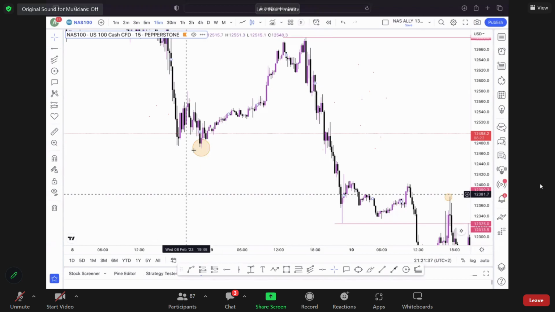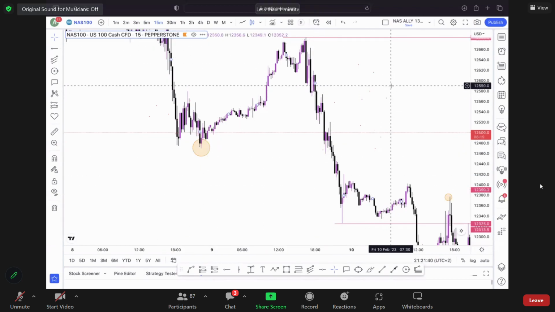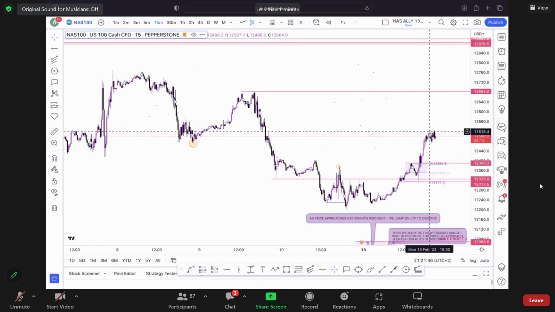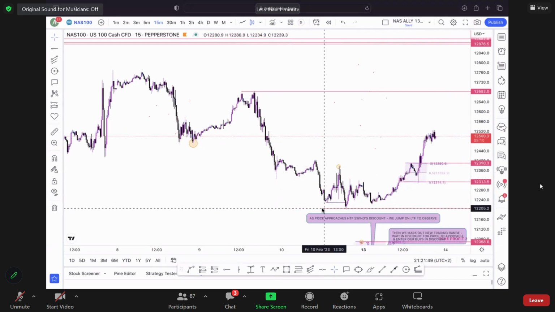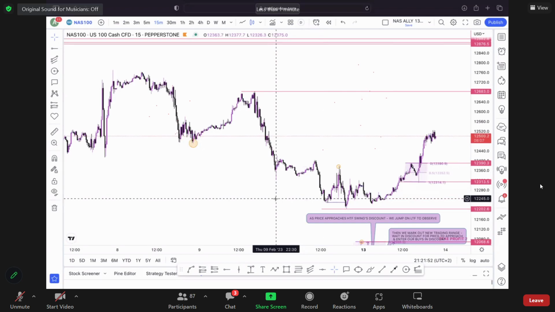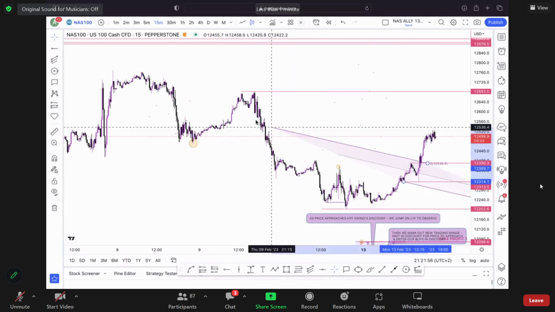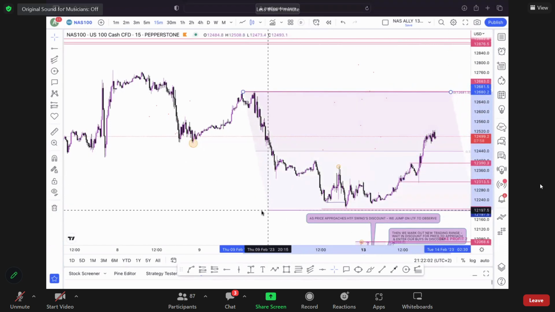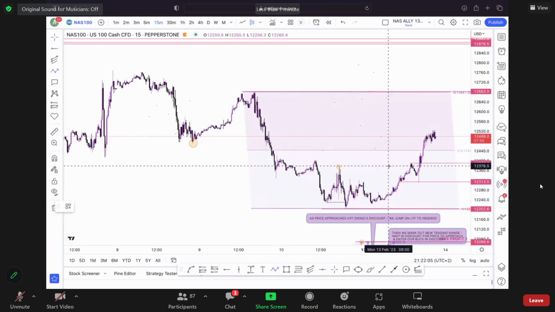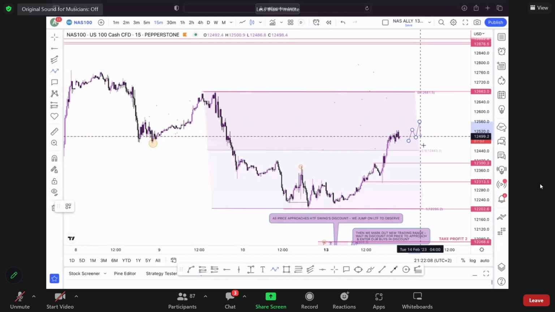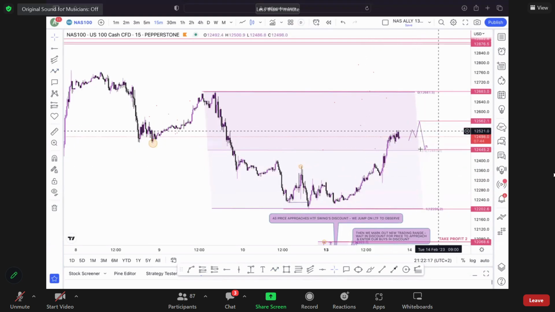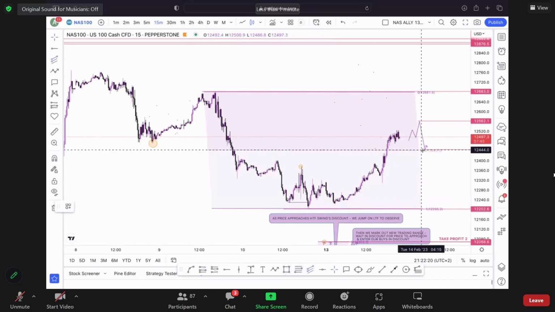Sorry, guys. So you would mark out your structure. You mark out your premium and discount. You notice what happens when price comes to that structure. Now that we're approaching that structure, although this would now be our swing low, at least on our 15-minute time frame, now that price has come into the structure, you would see if on the lower time frames, the market gives you a confirmation that we are now taking out lows. And if we take out the low, what do we do? We mark out our new trading range. We make our premium and discount tool, our fib channel.